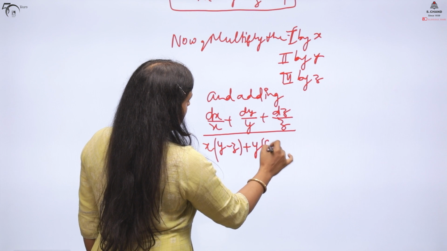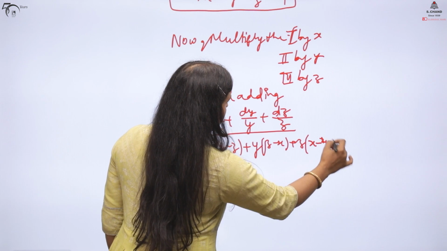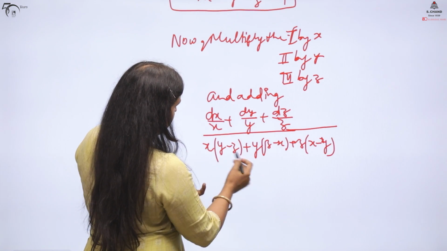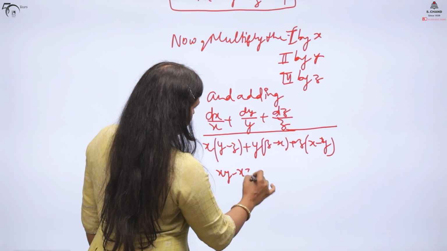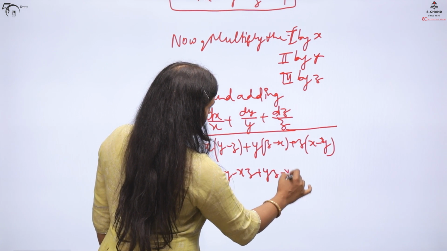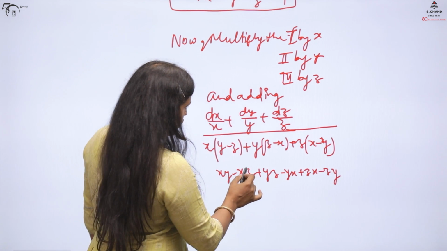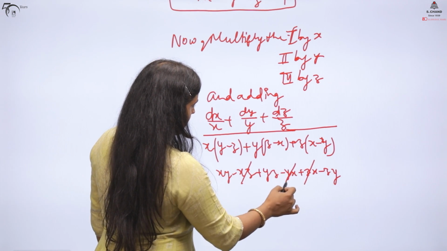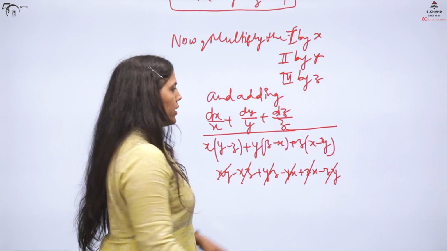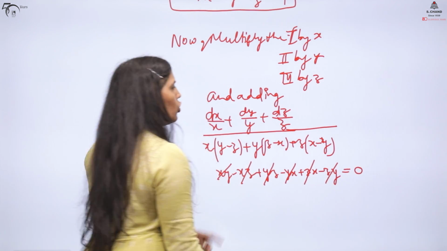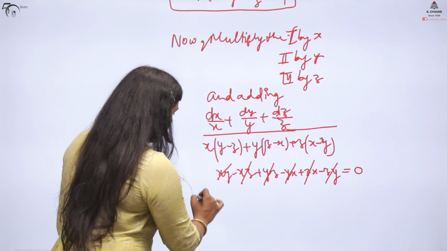एक एक रिमूव करोगे आप एंड रेस्ट इक्वेशंस राइट करोगे। अब आप देखो ये जो नीचे वाला डिनोमिनेटर पार्ट है ये मैं सिर्फ सॉल्व कर रही हूँ। सो एक्स वाई माइनस एक्स जेड प्लस वाई जेड माइनस वाई एक्स प्लस जेड एक्स माइनस जेड वाई। सो एक्स जेड जेड एक्स वाई एक्स वाई एक्स वाई जेड, इट मीन्स अगेन यू आर गेटिंग 0। अब आप इसको जैसे मैंने पहले किया था किसी से भी कंपेयर करोगे फर्स्ट सेकंड थर्ड से। सो टेकिंग